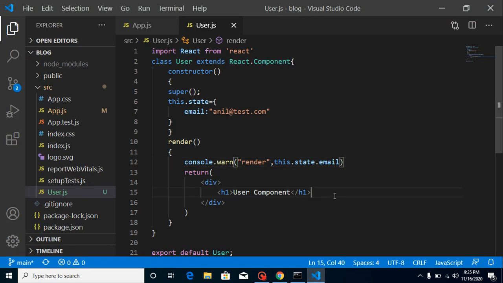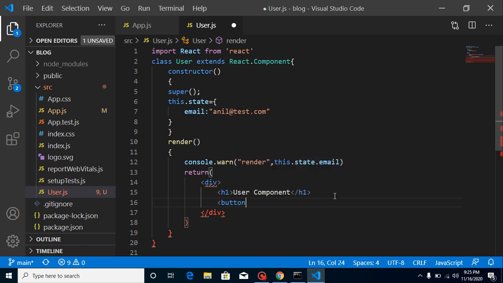And let's make a button. Just write here update email, and after that define an onClick event.